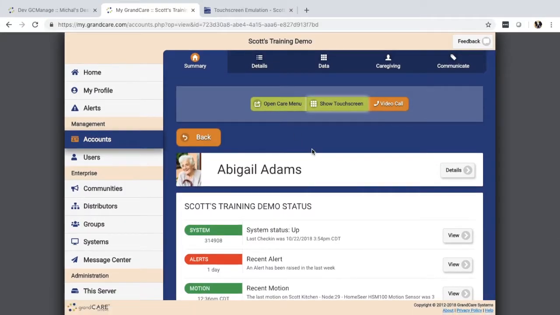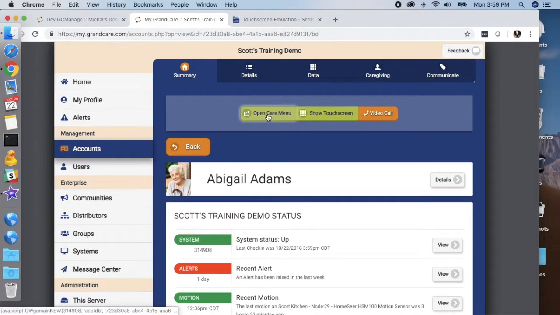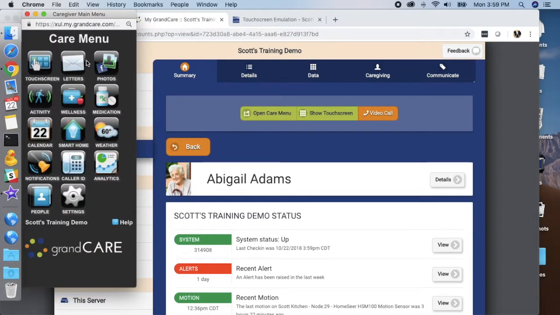I'm going to switch to my own GrandCare training demo for the purposes of this demonstration, and I'm going to click the Open Care menu button. Now we're in GC Manage, that's software interface number 2, and I'm going to click this button and expose the Care menu, software interface number 3. To open the Care menu, I just click this button, and I get this new interface here on the side,